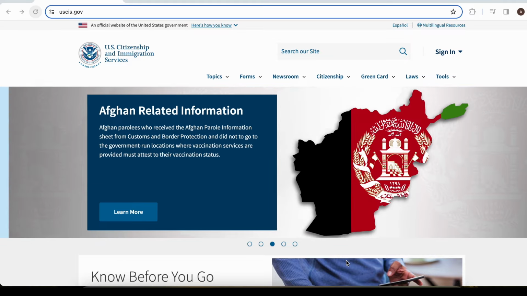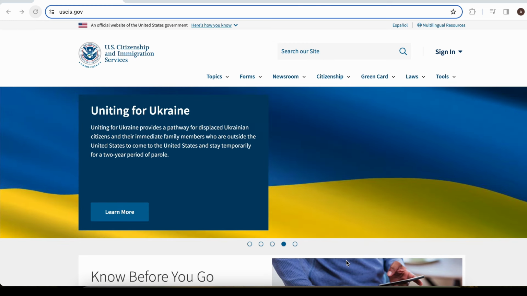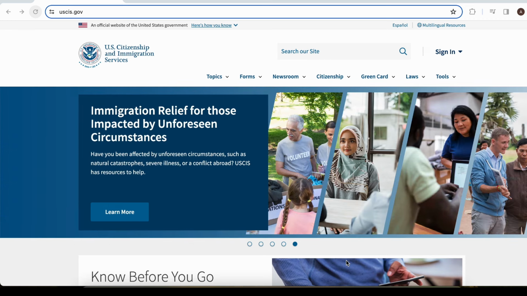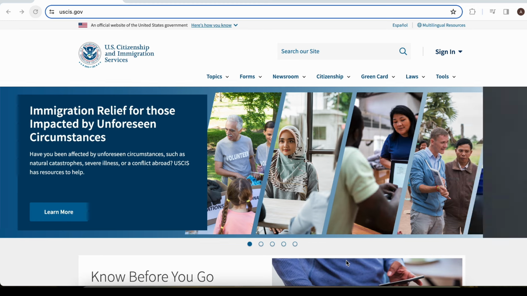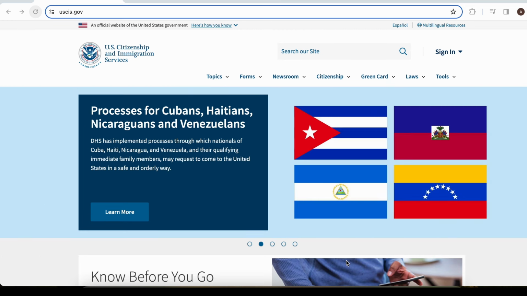Today I am going to explain the I-130 online form. This form is for a petition for alien relatives. I will explain it with step-by-step instructions. I hope you will find my explanation of the I-130 online form easier to understand and to follow to fill your form online. For doing so, first we will start with